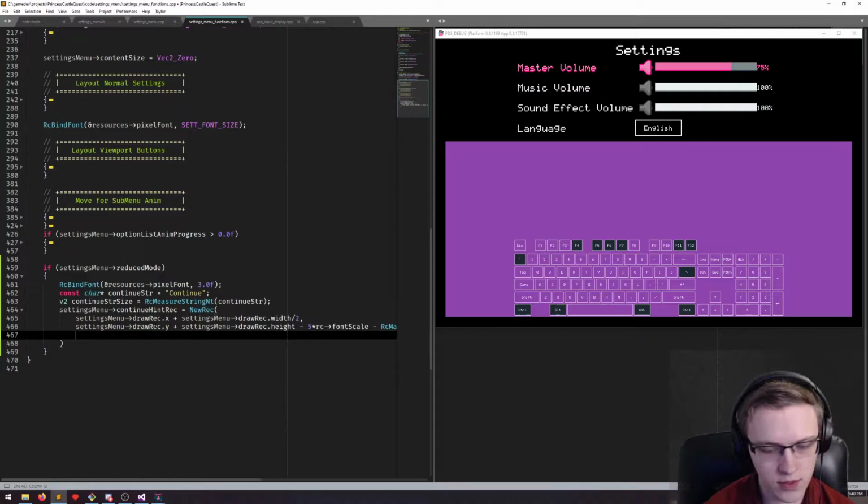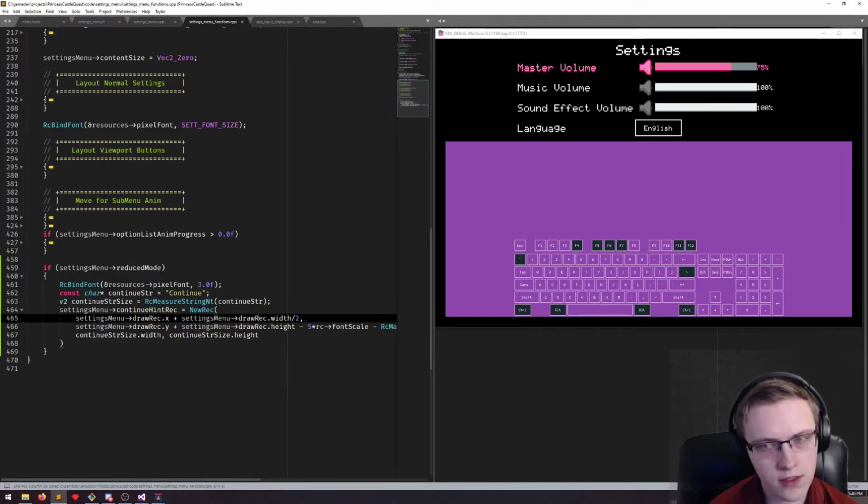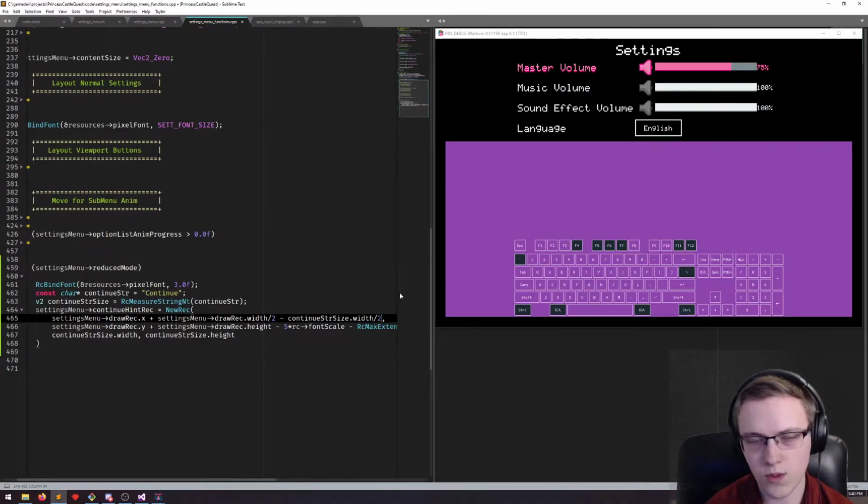Okay, so the size of it should be exactly the continue string size, width and height. So that should calculate a little rectangle, right? See, we do drawRect.x plus half the width, which will bring us right in the middle of the screen here, and then we actually need to subtract continue string size dot width divided by 2. This is why I stream, because if I have to actually explain it, I'll catch a lot of my bugs before they even happen. Okay, so yeah, we go to the half of the screen here, and then we subtract